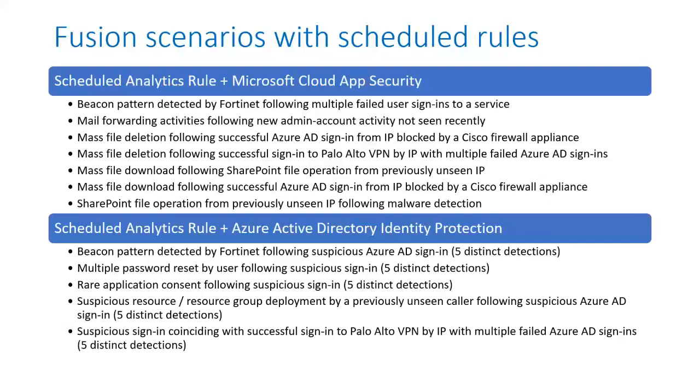Great. And then you mentioned ransomware was prevented as a seed. Where does that initial seed come from? So this seed can come from any of the supported alert providers. If the seed came from MDATP, or if the seed comes from your own scheduled analytics rules, these can all be picked up by Fusion.